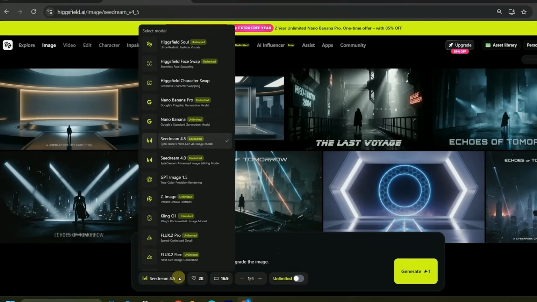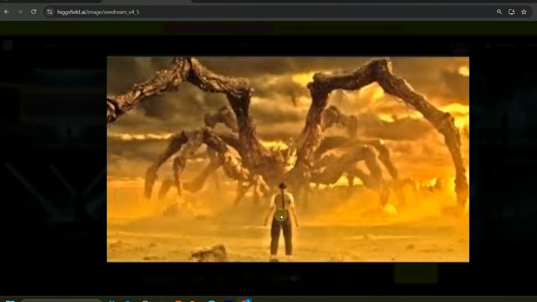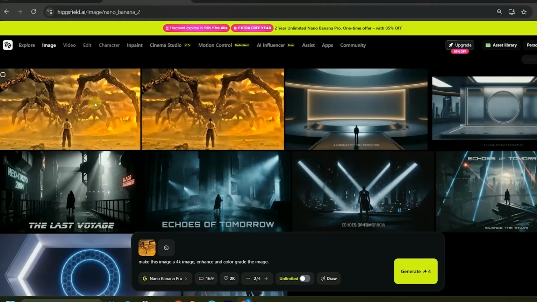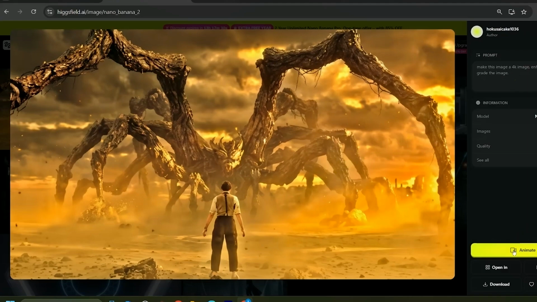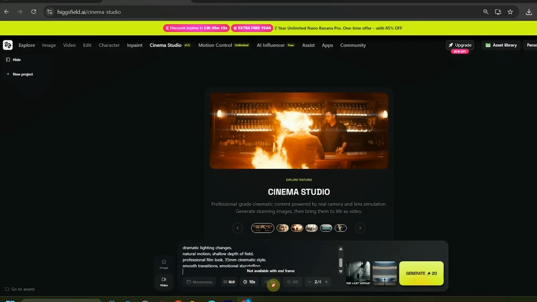On the image features, it has a lot of available model to choose from. 3 models are Higgsfield official, which are pretty good results. Then we have Google Nano Banana, Seed Dream's latest version, GPT Images, Kling, and Flux AI. I have low-quality image and want to convert it to high-resolution edited image. I will use Nano Banana Pro, offered by Higgsfield platform in this case. It's very simple. Upload the image, give the prompt, and done. Its results are superb. You can visit Higgsfield AI and explore more image generation models and give your imagination a